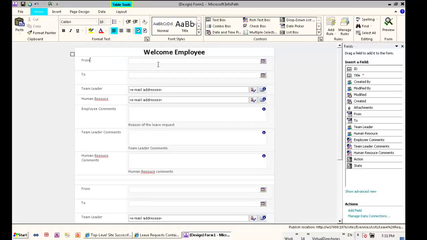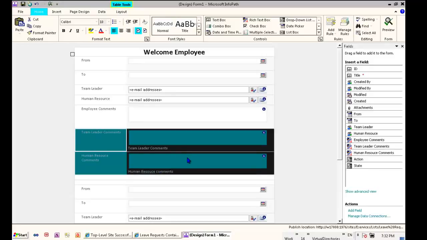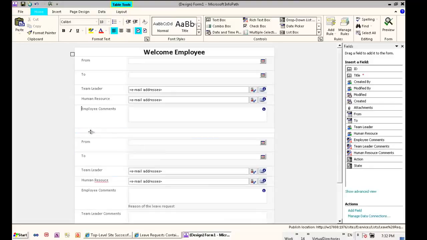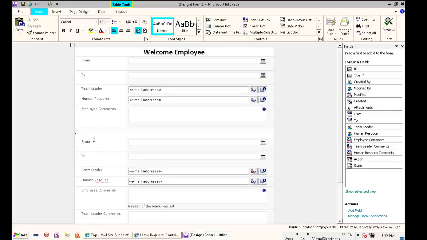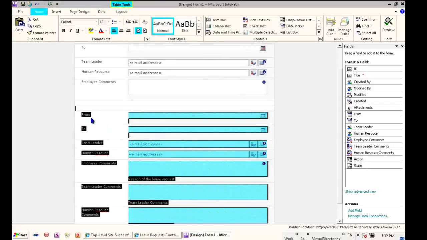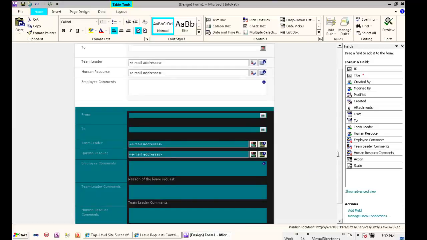So if you remember from the article, the employee should be able to enter the from, to enter the to, select the proper team leader, to select the proper human resource. It seems there is something missing here, and to enter his comment. Okay, we may type something like comments is required or something like that. Team leader comments and the human resource are not valid here because they will be entered in later stages. I will also remove